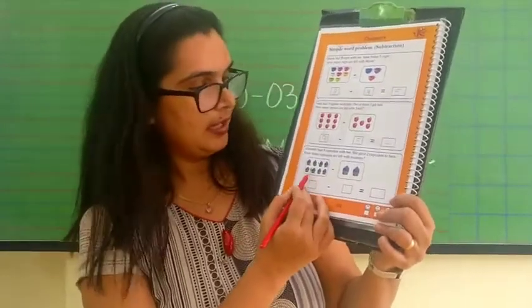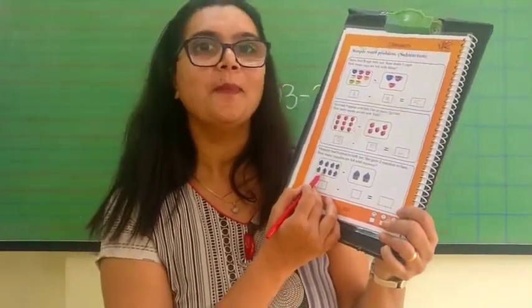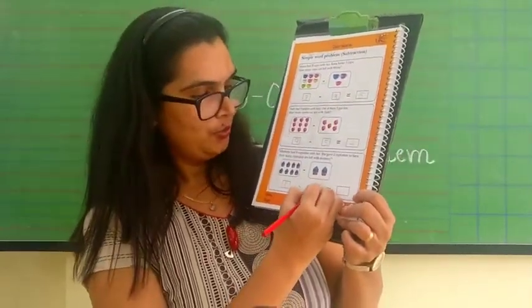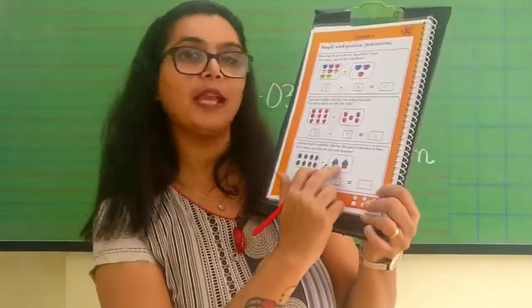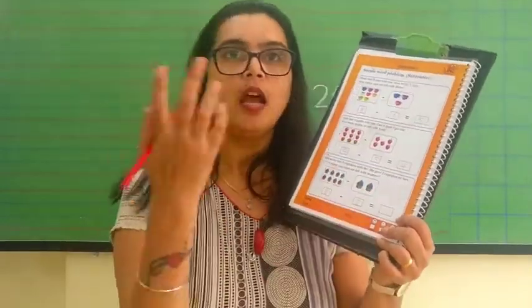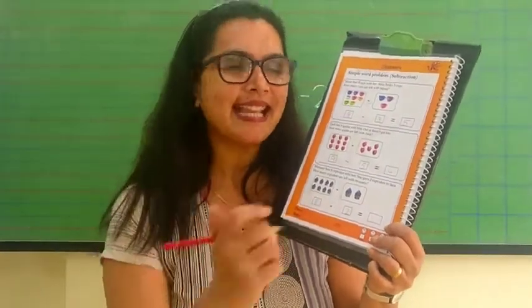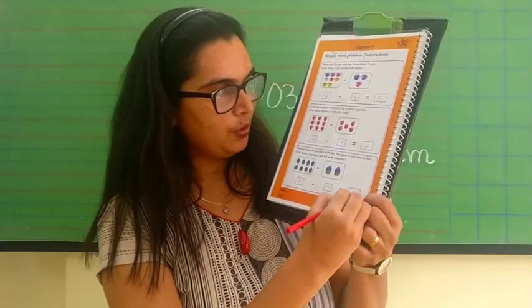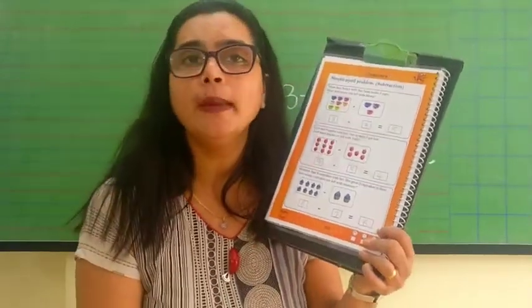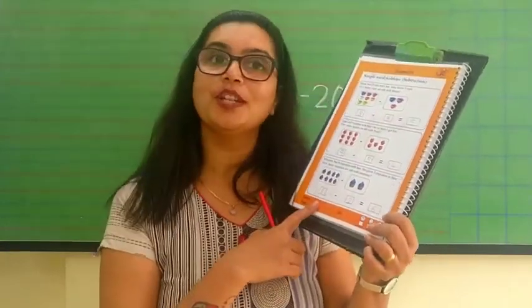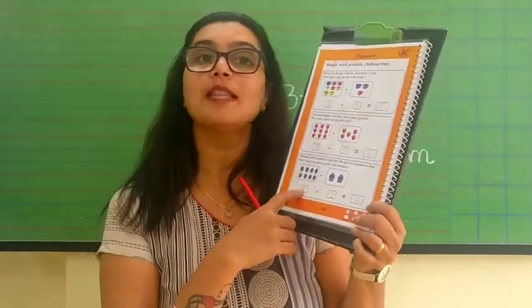Yes, here there are 8 cupcakes with Mummy. So we are going to write 8 minus 2. Why 2? Because she gave 2 cupcakes to Sarah. Now children, 8 minus 2 is equal to 6. When she gave 2 cupcakes to Sarah, how many cupcakes are left with Mummy? There are 6 cupcakes left with Mummy. So here we finish the word problem for subtraction.